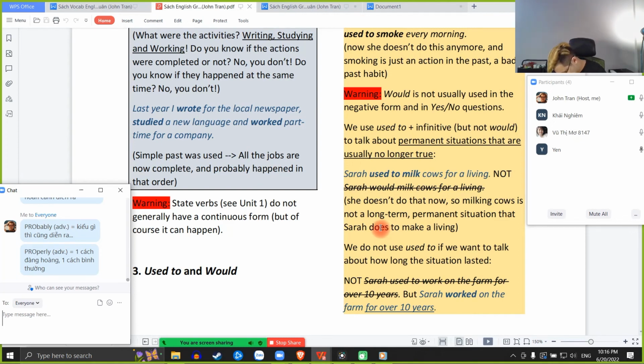Would is not usually used in the negative form, and in yes/no questions. We use used to plus infinitive, but not would plus infinitive, to talk about